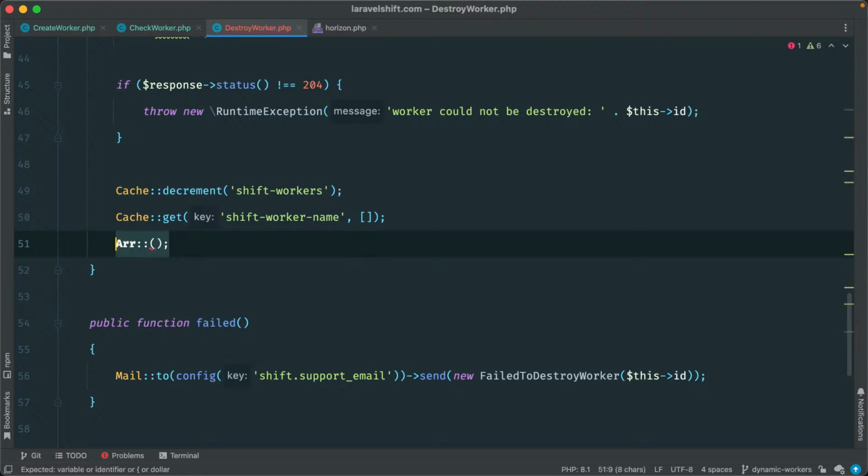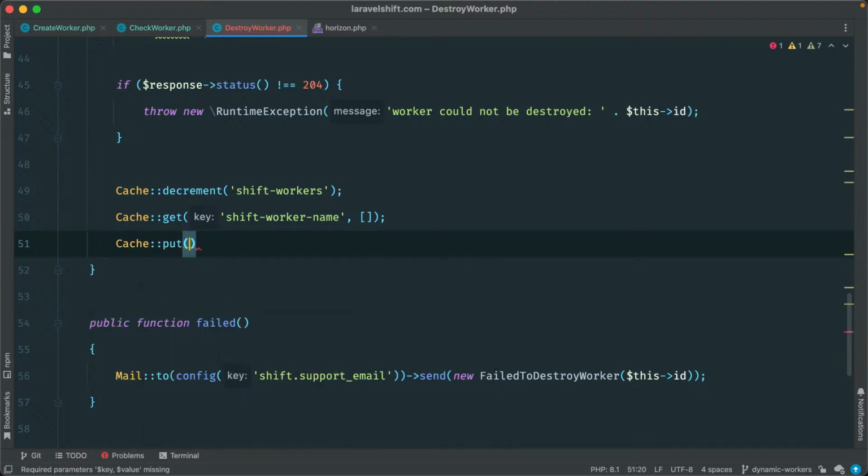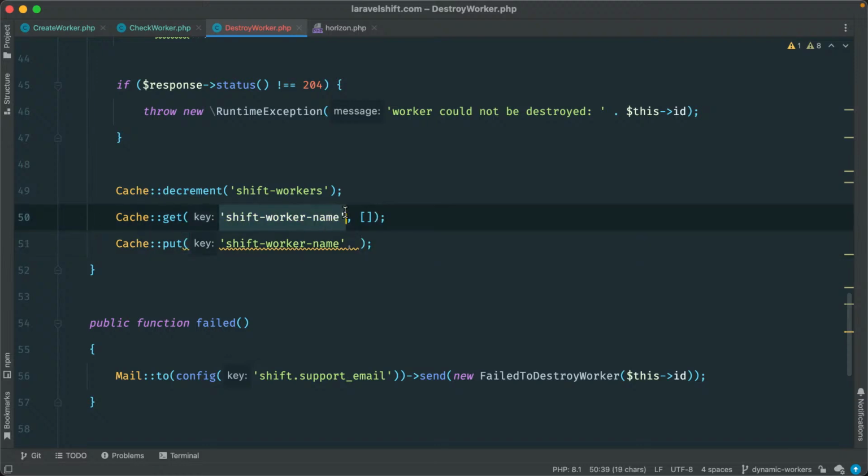Well, fine then. Cache put shift worker name. All this stuff that I'm doing with the cache, I'm getting really close to making some kind of little service class that just does these things for me, because they're littered all about, and I don't like the magic strings that I'm having to type all the time. I don't know. Again, we'll see when I get into testing, but for now,